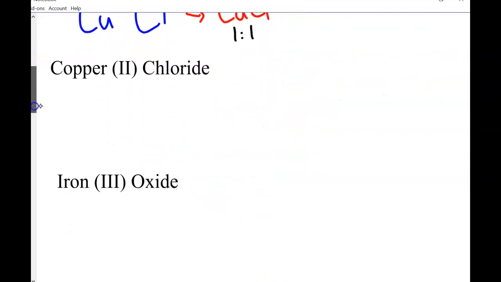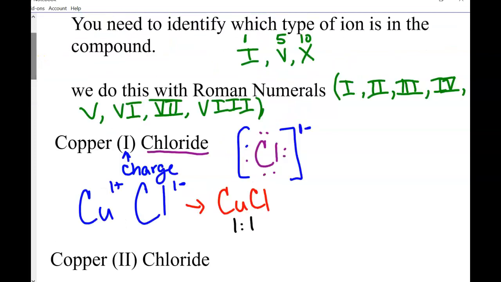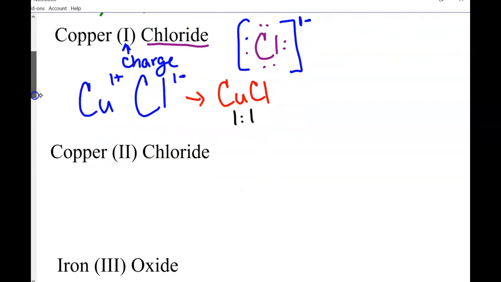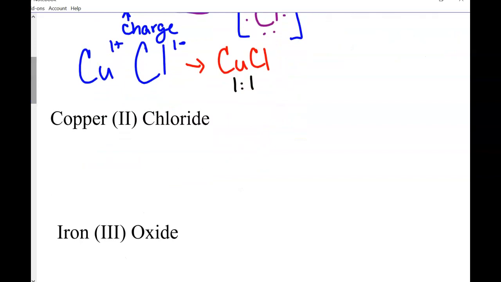Sorry. All right, so copper 2 chloride. I don't know why this keeps happening. Oh, I keep resting my hand on the touchpad, that's why. All right, so